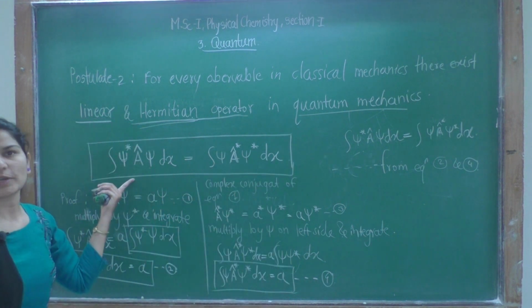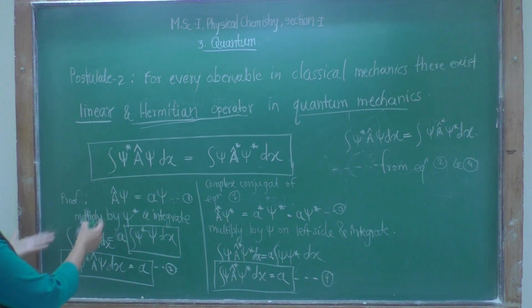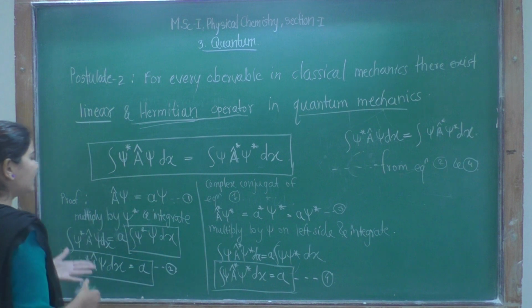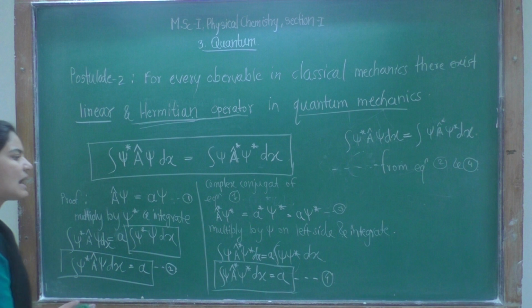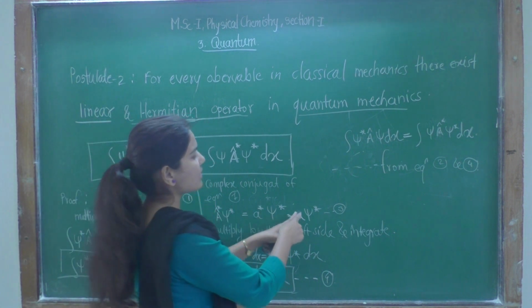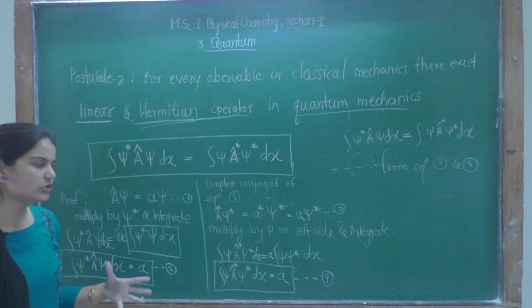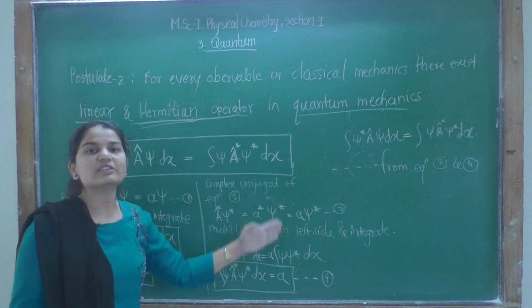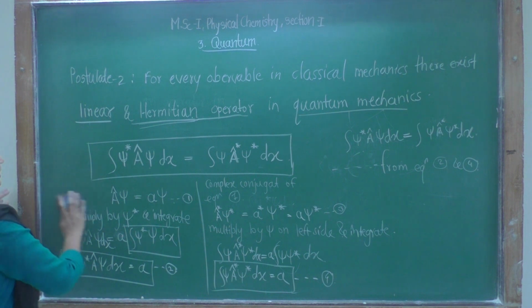So we got this, and what is this? This is just the property of a Hermitian operator. So this is the definition of a Hermitian operator, and we can obtain it easily. What we have done is we have just multiplied this eigenvalue equation by psi star and integrated, and we got a star is equal to a, which means a is always a real number. So we have ensured the condition that our eigenvalue is real, and this condition is given by a Hermitian operator only.